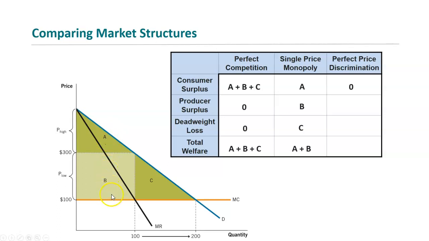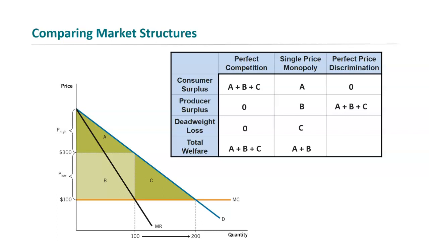And so in this case, the producer surplus is actually the space between the demand curve and the supply curve, because their willingness to sell is their supply curve, and the price at which they actually sell is the height of the demand curve, because for each customer that comes in, they're charging a different price. They're charging whatever they're willing to pay, which is given by the demand curve. So the producer surplus under perfect price discrimination is A plus B plus C. This is all surplus that's going to the producer because they're able to figure out exactly what their consumers are willing to pay and charge them that.